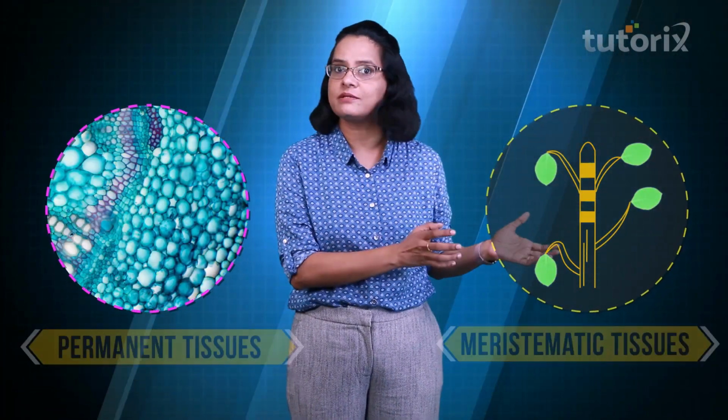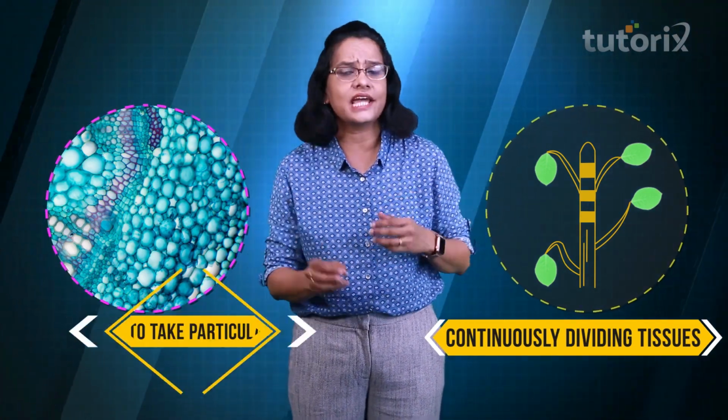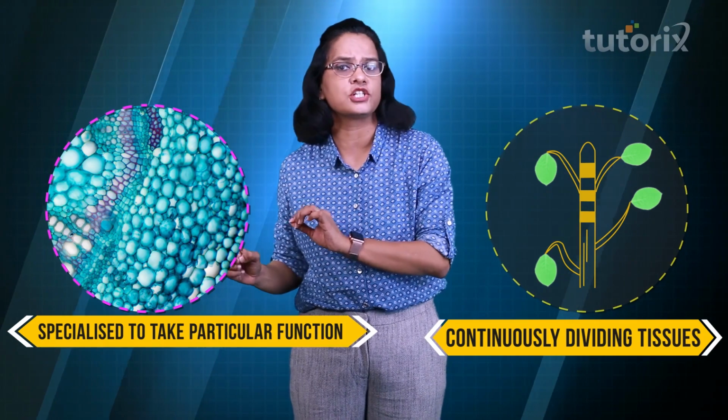Friends, let us continue our journey of the plant tissues. From our previous understanding, we know that the plant tissues are majorly divided into two categories, which are meristematic tissues and the permanent tissues. Meristematic tissues are continuously dividing tissues, and permanent tissues have specialized to take particular function and are derived